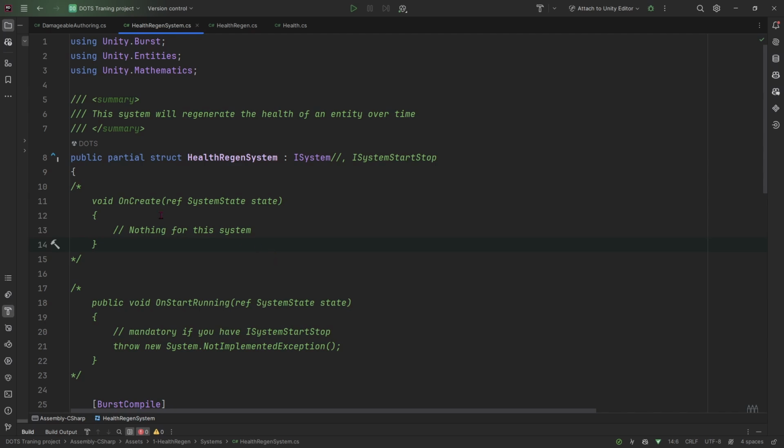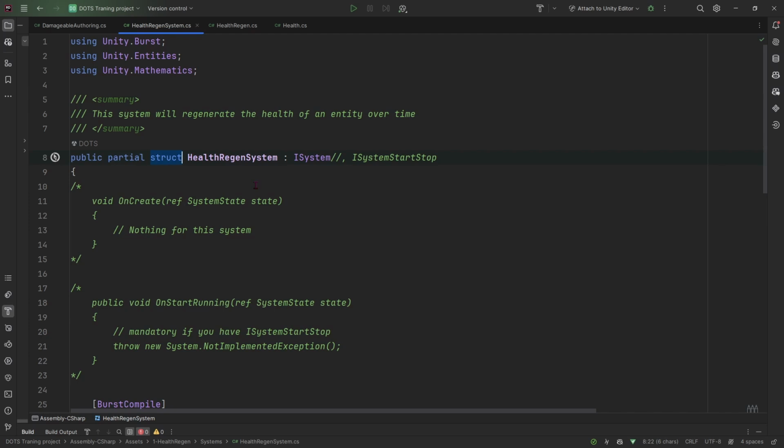Same thing, the systems are partial structs. Why are they partial? It's because the way Unity implemented ECS involves quite a lot of code generation. And basically they use the partial feature of C# to be able to define the rest of the implementation that is code generated in other files. But you have to be careful to not forget the partial keyword. If you forget it, you will get either a warning or a compilation exception, so you can't forget about it.